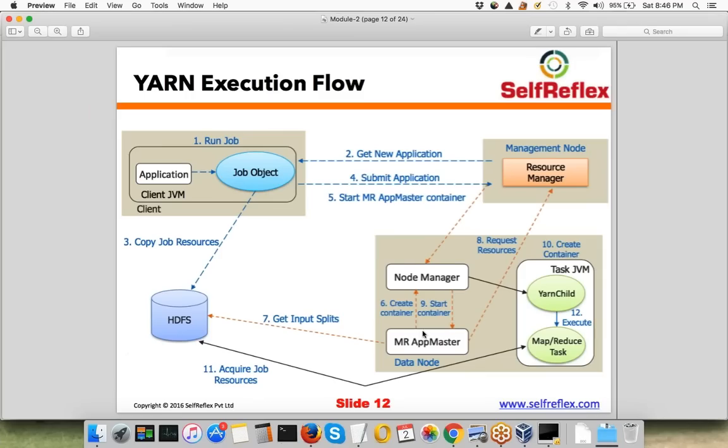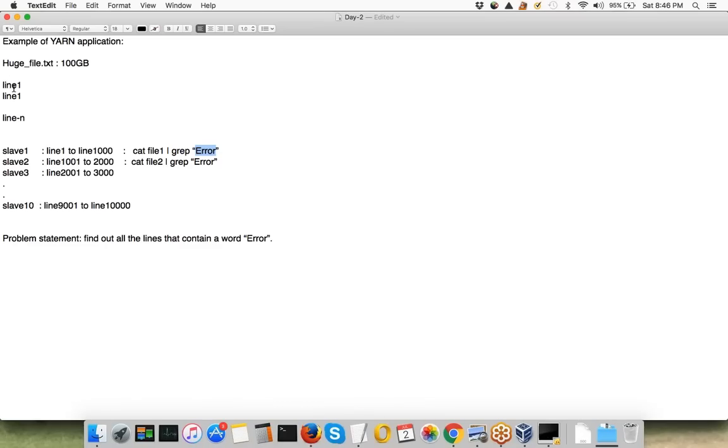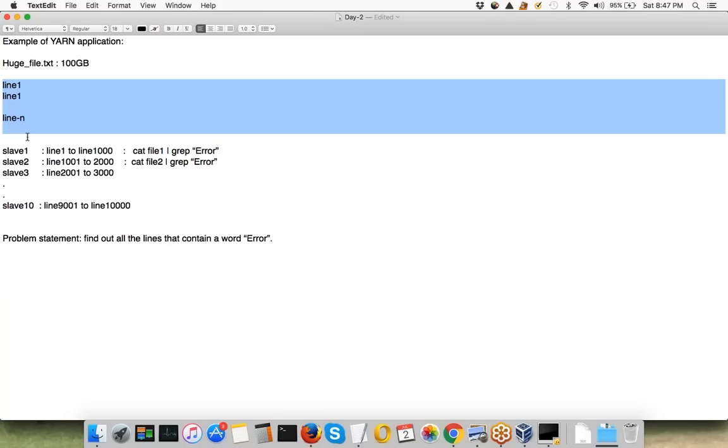So what happens is, this applications master will get the input splits from HDFS. In other words, it will talk to the name node and ask where all the blocks of this file are present. We have already told this applications master where the input is present.